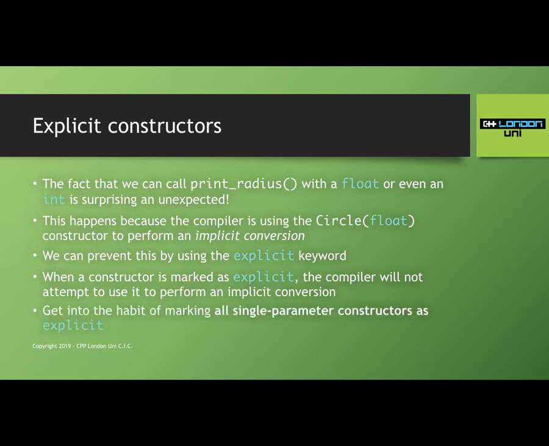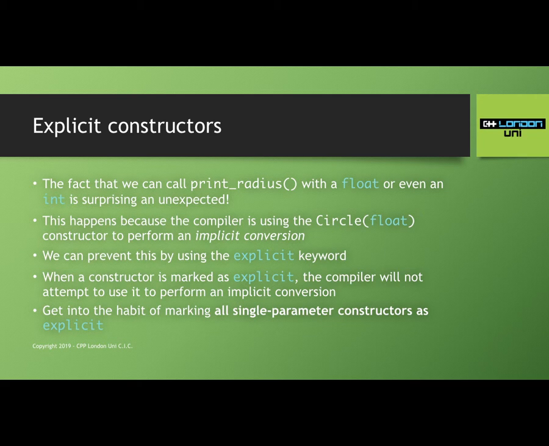And so get into the habit of writing all constructors which take a single argument with the word explicit in front of them. Right? That should just be kind of automatic. And only remove the word explicit if you are absolutely sure that implicit conversion is good and desirable and something that you want. Right? This is one of the instances where C++ basically got the defaults wrong. Implicit conversion isn't always bad. Sometimes it's what you want, but most of the time you don't. So most of the time we want to put this word explicit in front of our constructors.